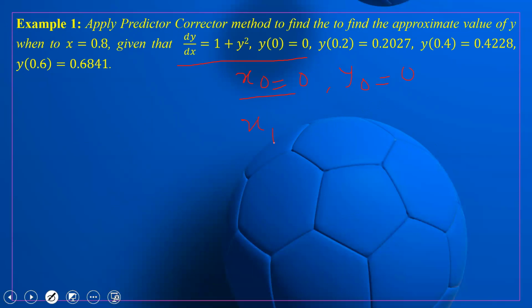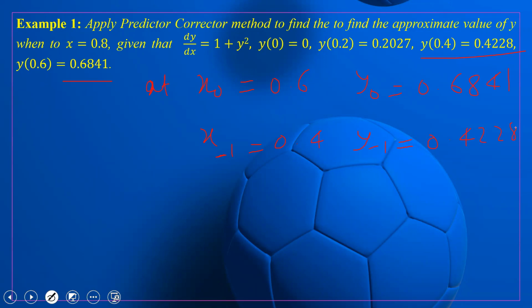Then x1 is equal to 0.2. So at this value, what is the value of y? Just look here. We have to go in the opposite direction. This is our x0, x0 is equal to 0.6. What is its value? What is y0? This is 0.6841. Then at x equal to -1, what is this? We get another value, 0.04. So what is y minus 1?